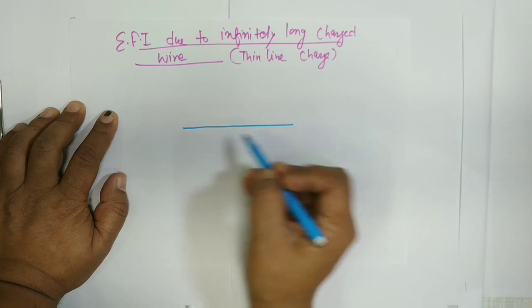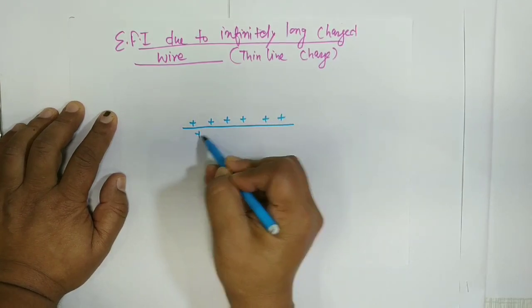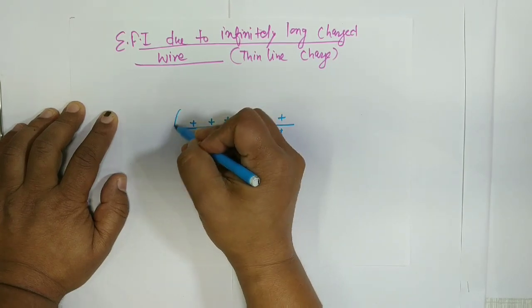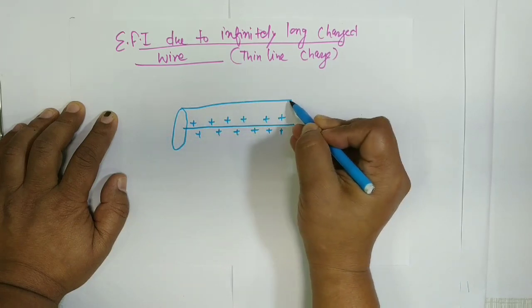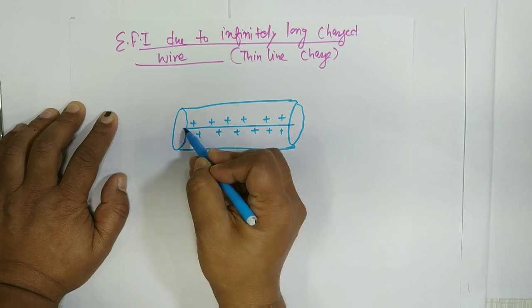Say this is a line charge, and you know that line charge distribution we already know about. And this is the Gaussian surface. You remember the symmetry? It's a thin